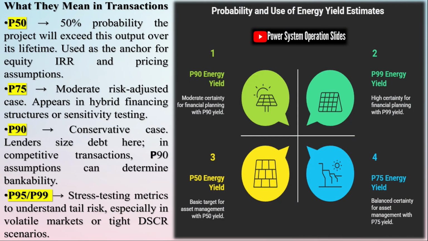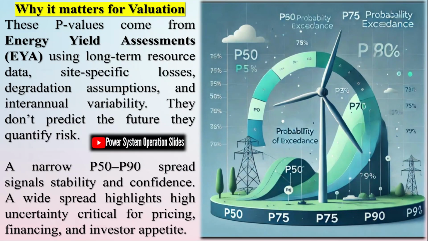On the other hand, if they schedule using P90 or P99 values, they are planning for a more secure but lower output, which ensures reliability but can leave some renewable potential unused and increase costs by keeping conventional generators online. For capacity planning, system operators often credit renewables with only their P90 contribution to ensure that dependable power is available during peak demand. In financial and contractual terms, P50 values are often used by developers to highlight the expected revenue